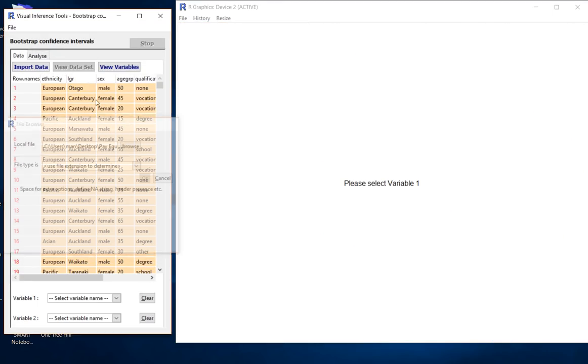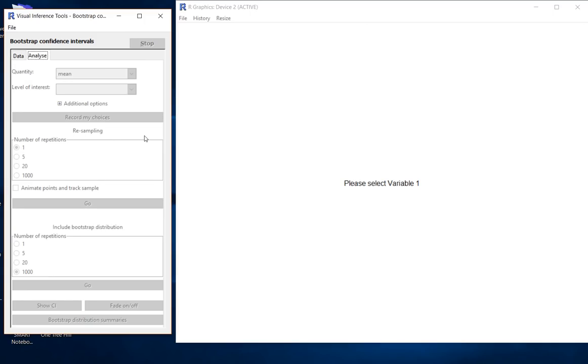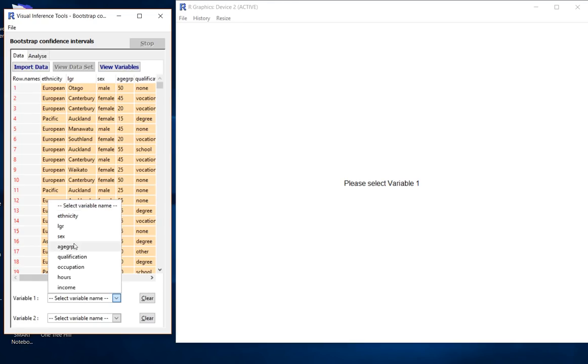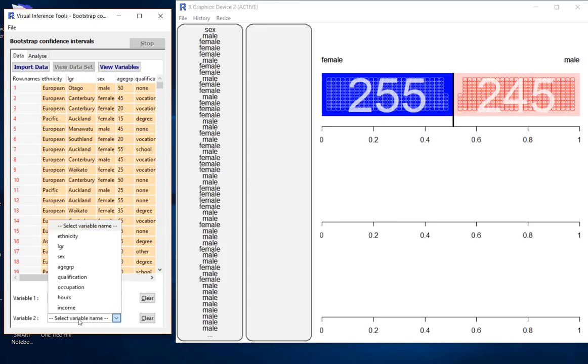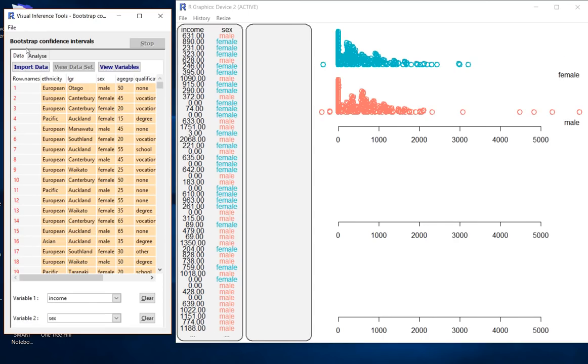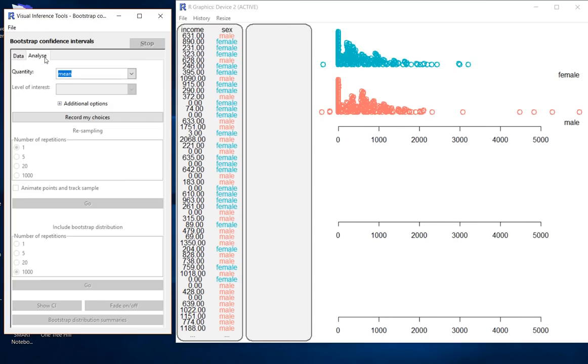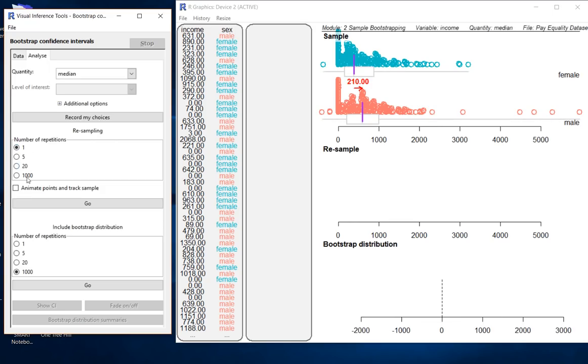Sadly, you won't be able to see the beautiful creation of the sample, of the resamples. Sorry, I need to select gender and income. So we'll have a look with more data. Can we actually say that there's a difference or not between the weekly median earnings of males and females in New Zealand? So once you get the hang of this, you can have a play around with these sections here,